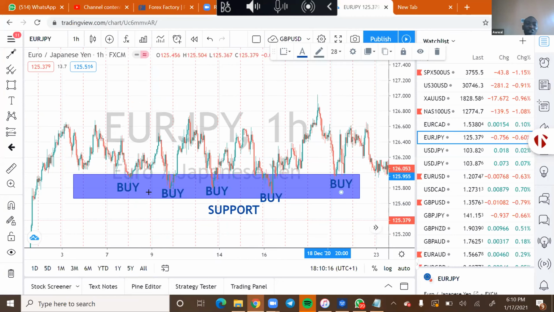All right. So imagine you go ahead and you are selling at these support areas. You are already in loss. All right. So you must know